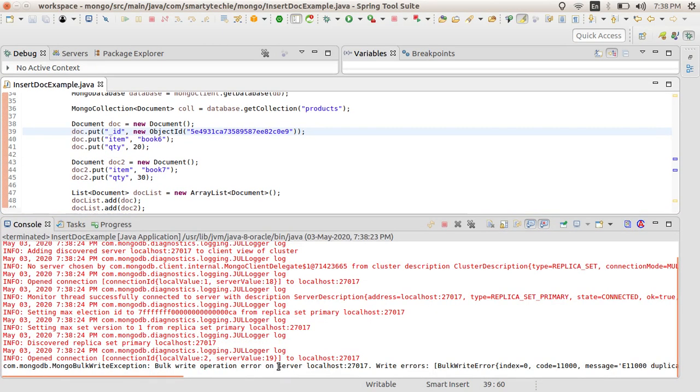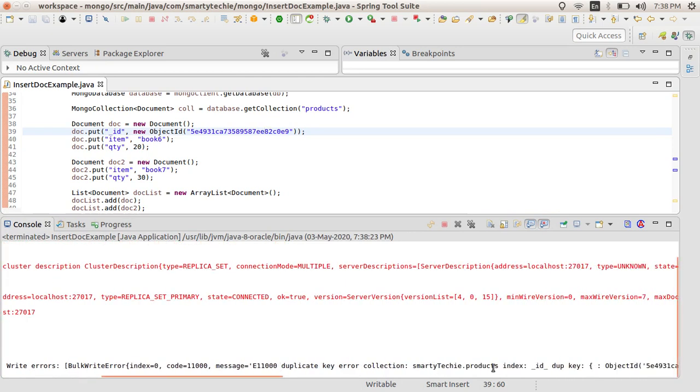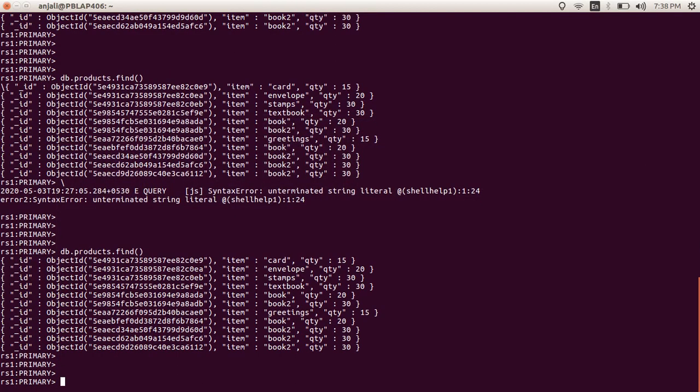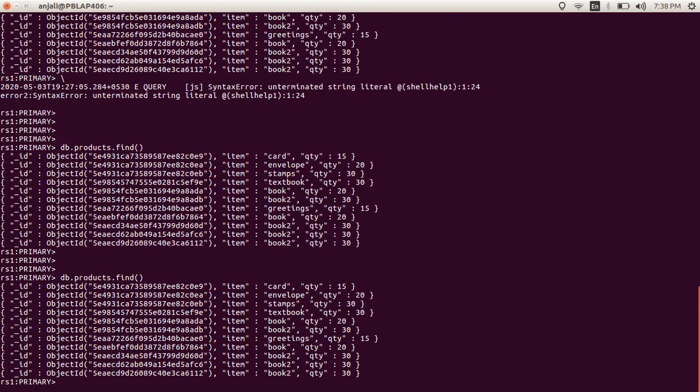So it is giving you the exception, duplicate key error collection. It is giving you the error, but it may also have inserted the document.